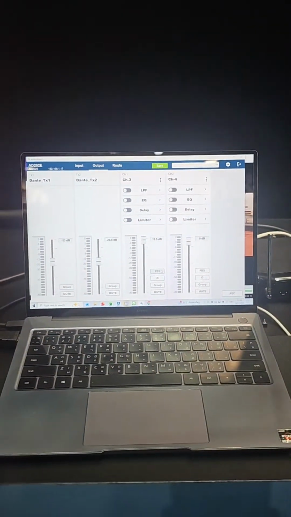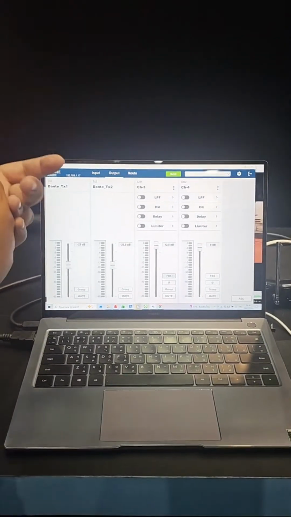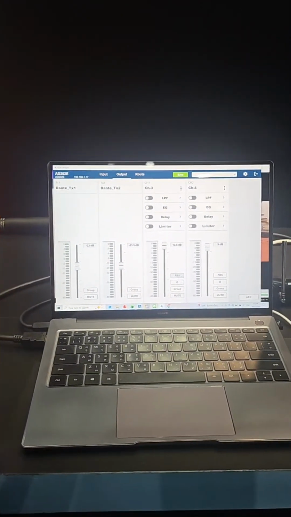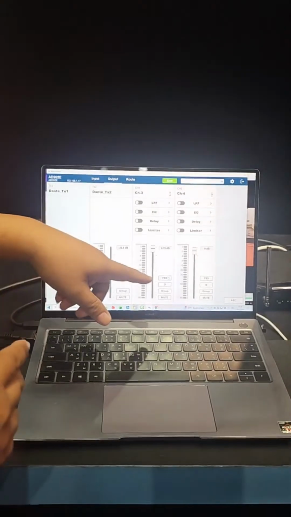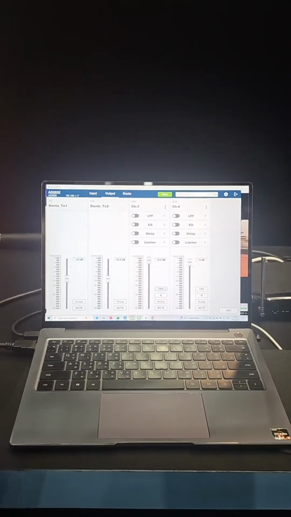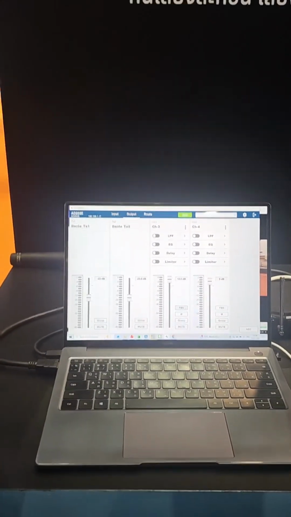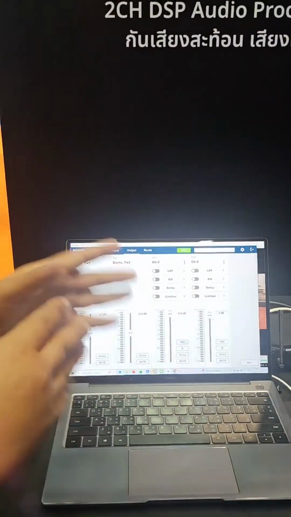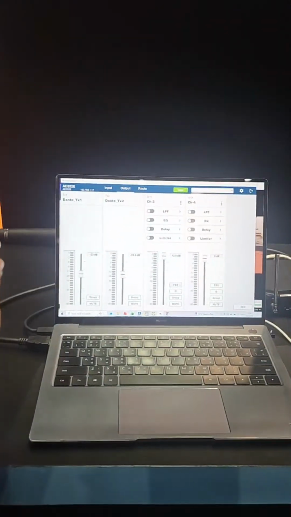Also have audio feedback suppression. If you have a microphone near the speaker and there is noise and the voice is not clear, you can use the feedback suppression. No need for technique, this is automatic. No need for EQ or changing the frequency. No need for technique. You can use this function automatically